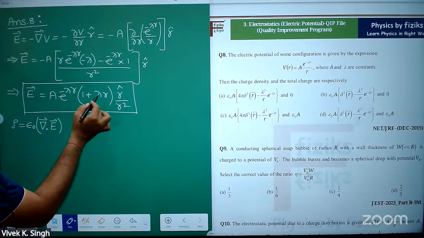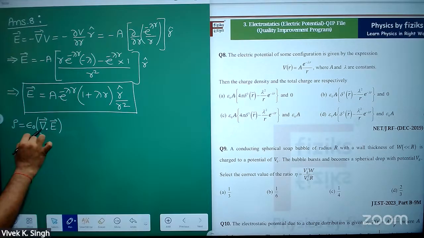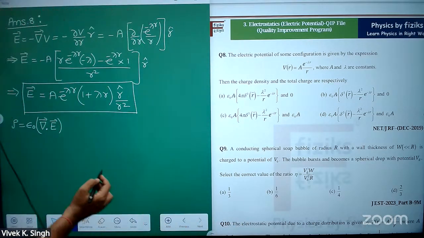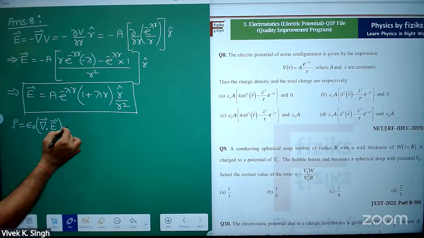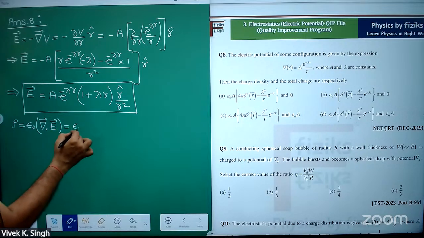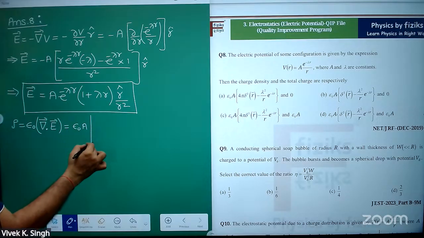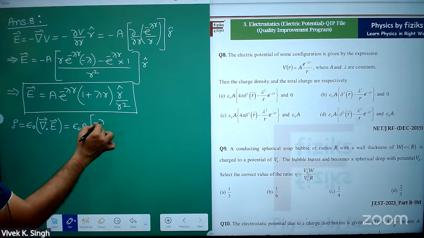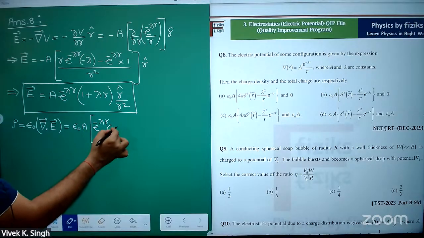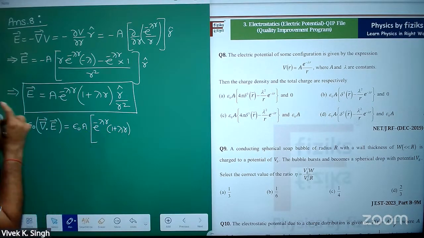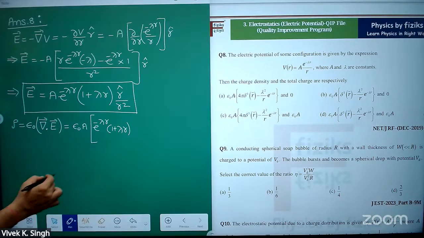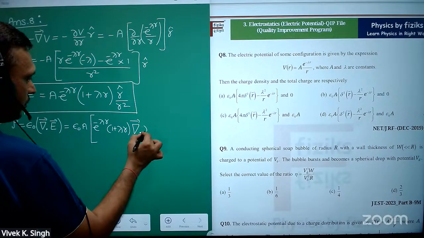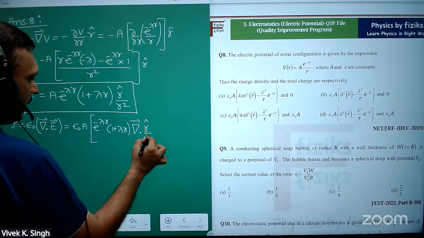This term is a scalar and this is a vector. So you have to use the product rule for divergence. So this will be epsilon naught A, e power minus lambda R 1 plus lambda R, because that is a scalar, and the next term will be divergence of R cap by R square